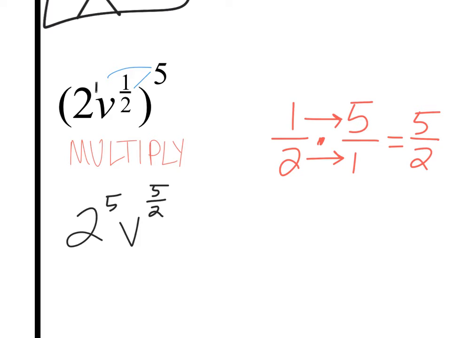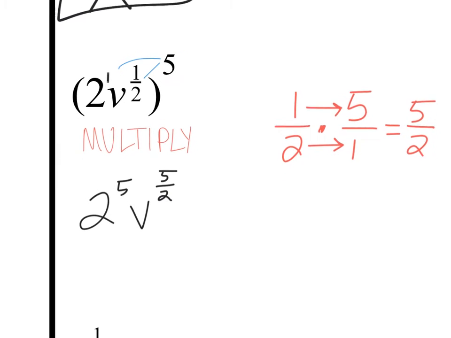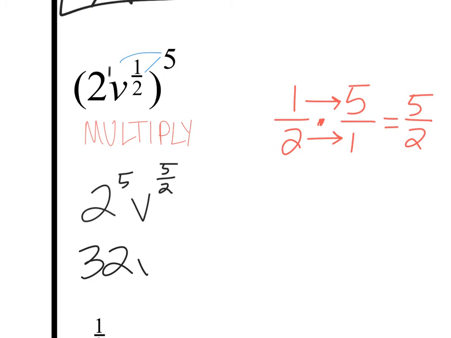You know that you can't leave it as 2 to the 5th. Does anybody remember? What is 2 times 2 times 2 times 2 times 2? 32. 2 to the 5th power. So here is your final answer. So multiply your exponents. Make sure you evaluate coefficients. And then last thing,